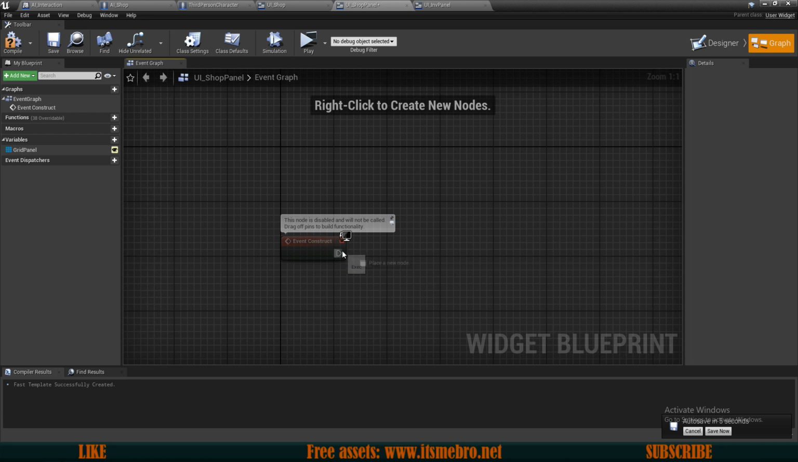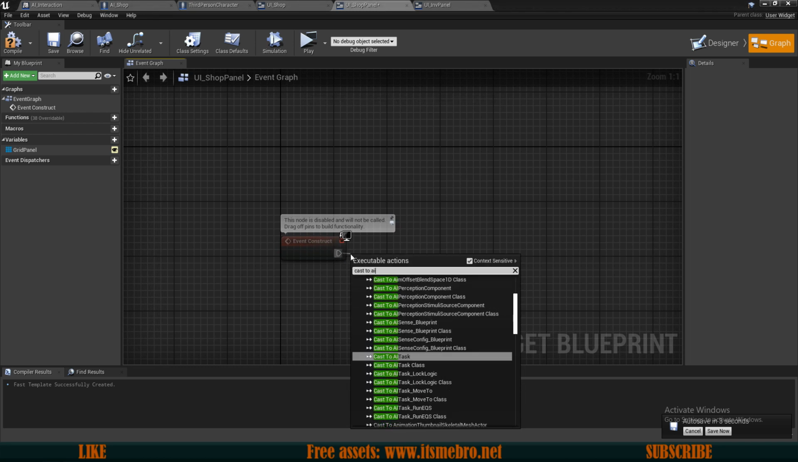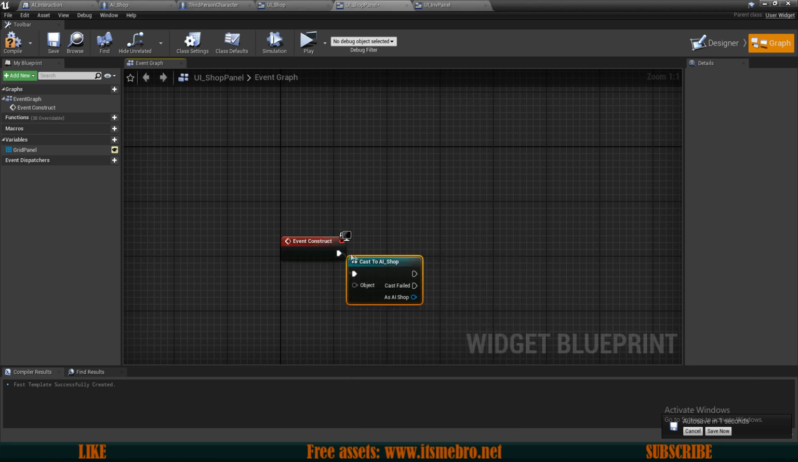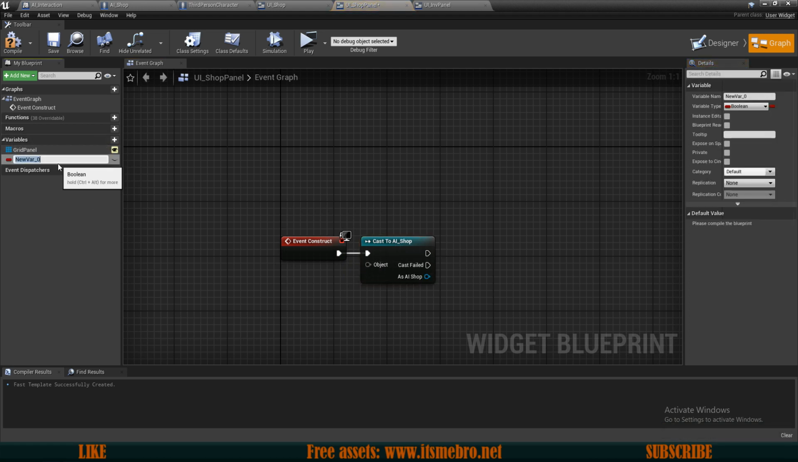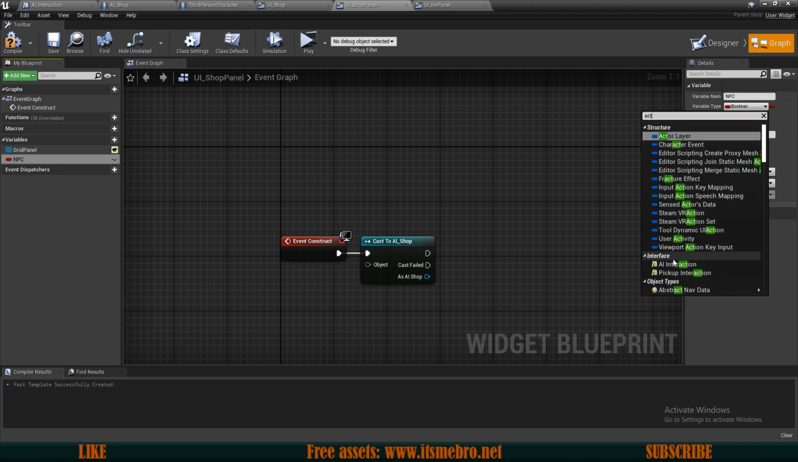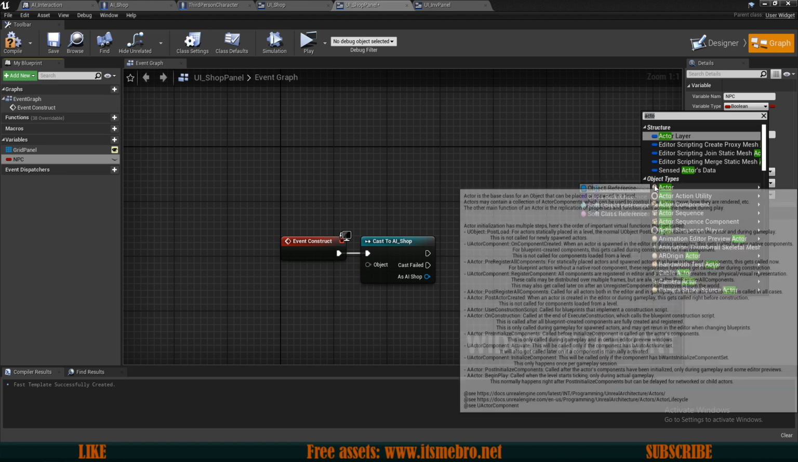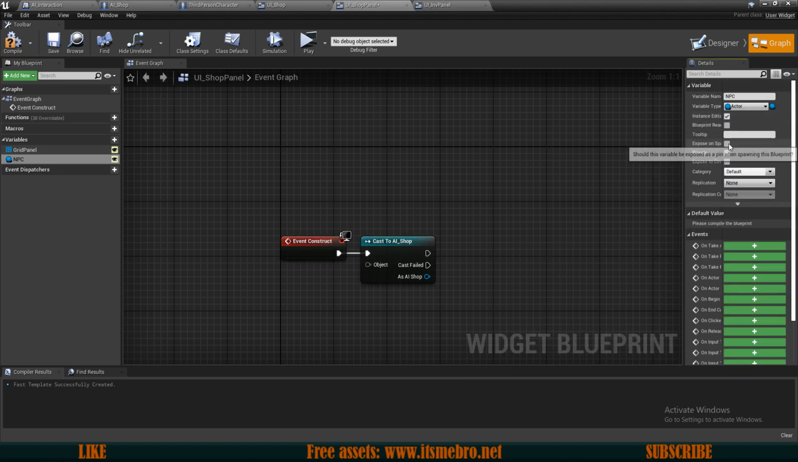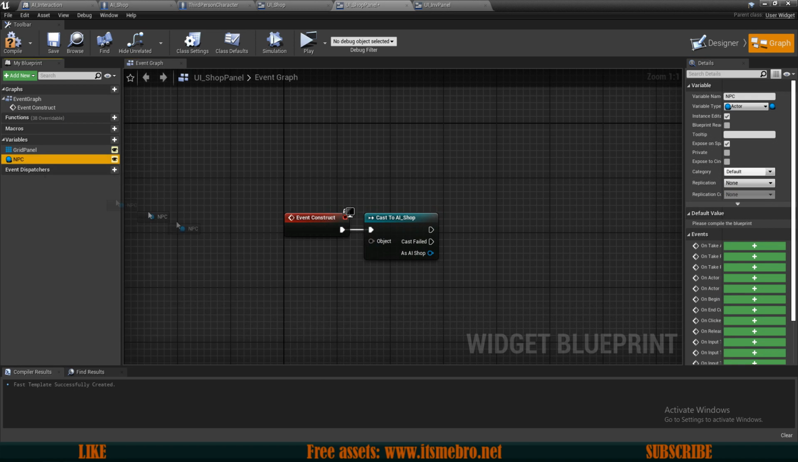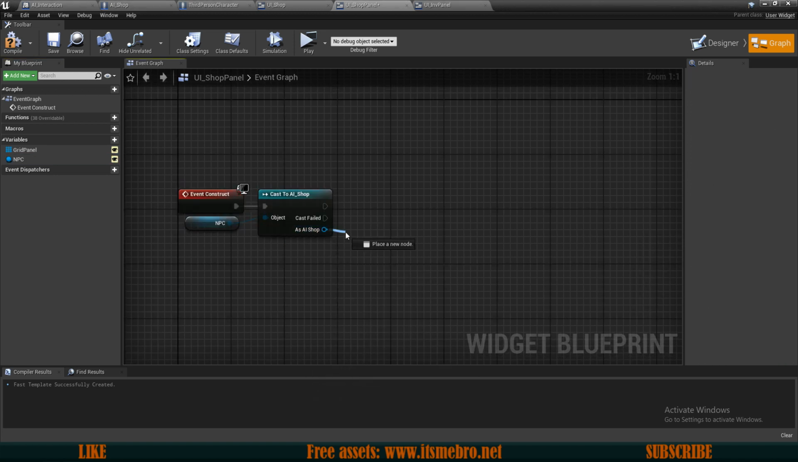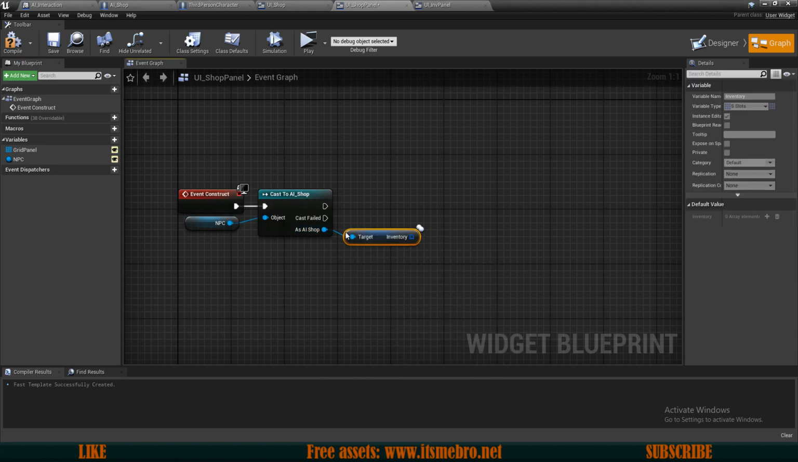And over here we want to cast to our AI shop. And we need a variable for this. So let's create a variable. Let's call this NPC. Let's make this into an actor type. Actor, instance editable, exposed on spawn. Now let's connect it right here, and as our AI shop we want to get its inventory